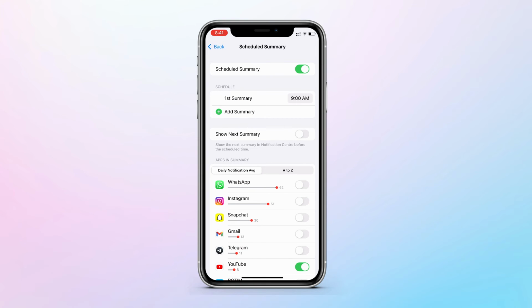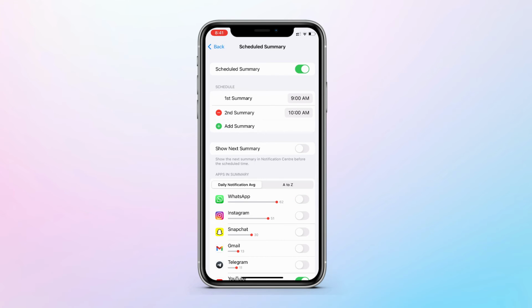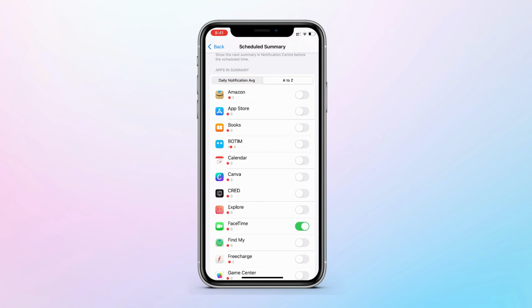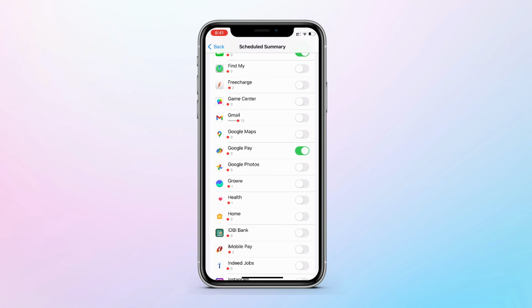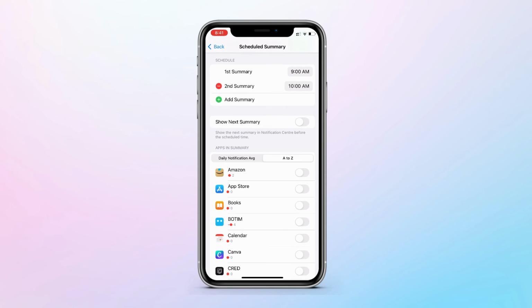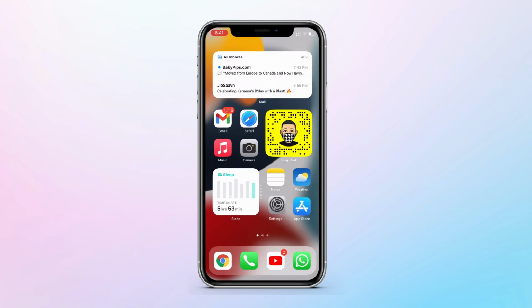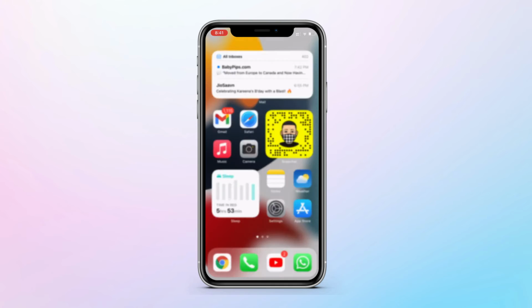Go to Notifications in the Settings app, and you will get Scheduled Summary. The point of this feature is to show you notifications at one set time throughout the day. So just set the time over here and you can select multiple summary times, then select the apps whose notifications you want at a set time and you are good to go. It will show you all notifications from that day in the summary.